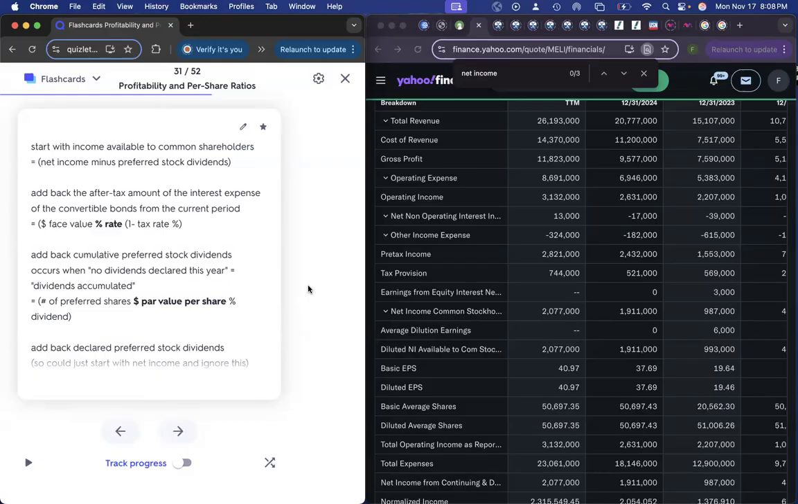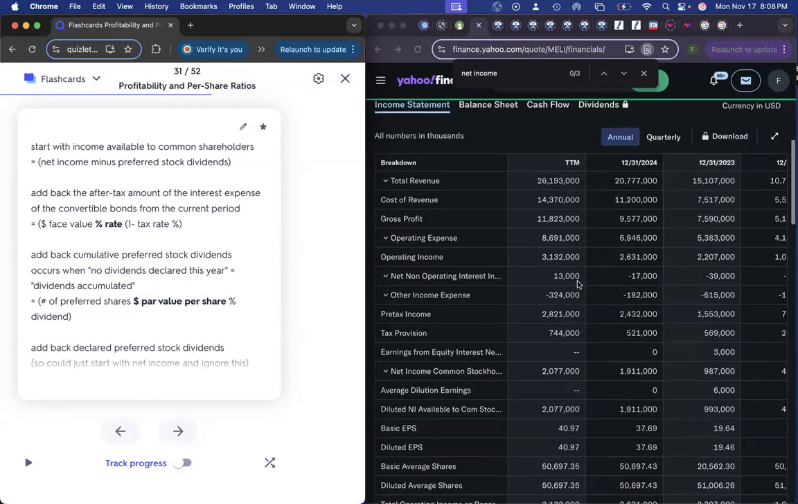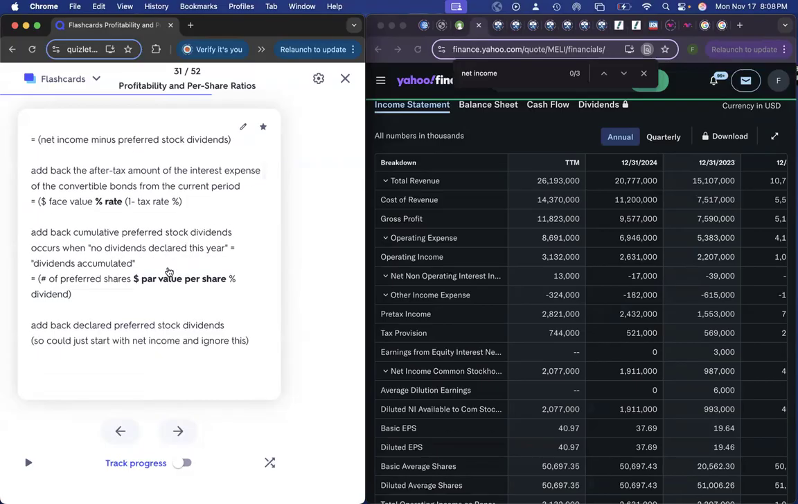So let's say the bonds have a $100,000 face value and a 10% conversion rate, and the tax rate for Mercado Libre, I mean, they're pretty big, so let's say 40%. So that's $100,000 times 10% times 1 minus 40%, 60%. And then after that, you add back cumulative preferred stock dividends,